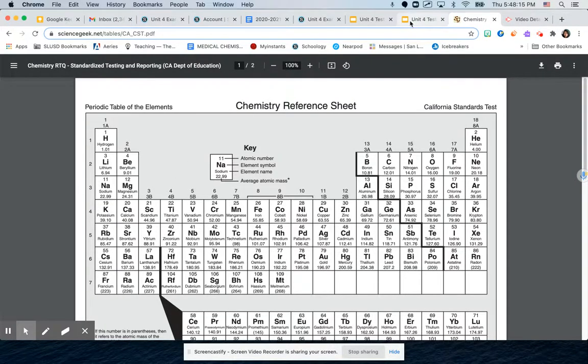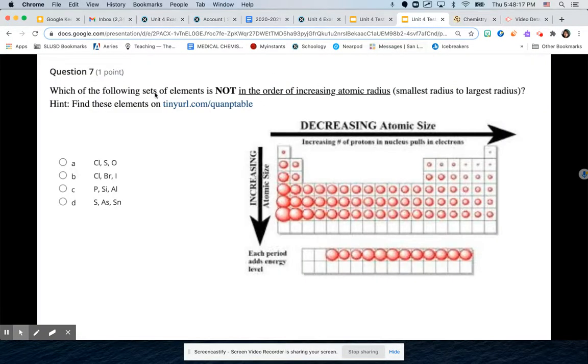Okay, so to go over this next question, which of the following sets of elements is not in the order of increasing atomic radius? So which one does not go from smallest to largest radius? So let's look for all of these first, right? So I'm going to color code this. So A will be blue, and I'll make